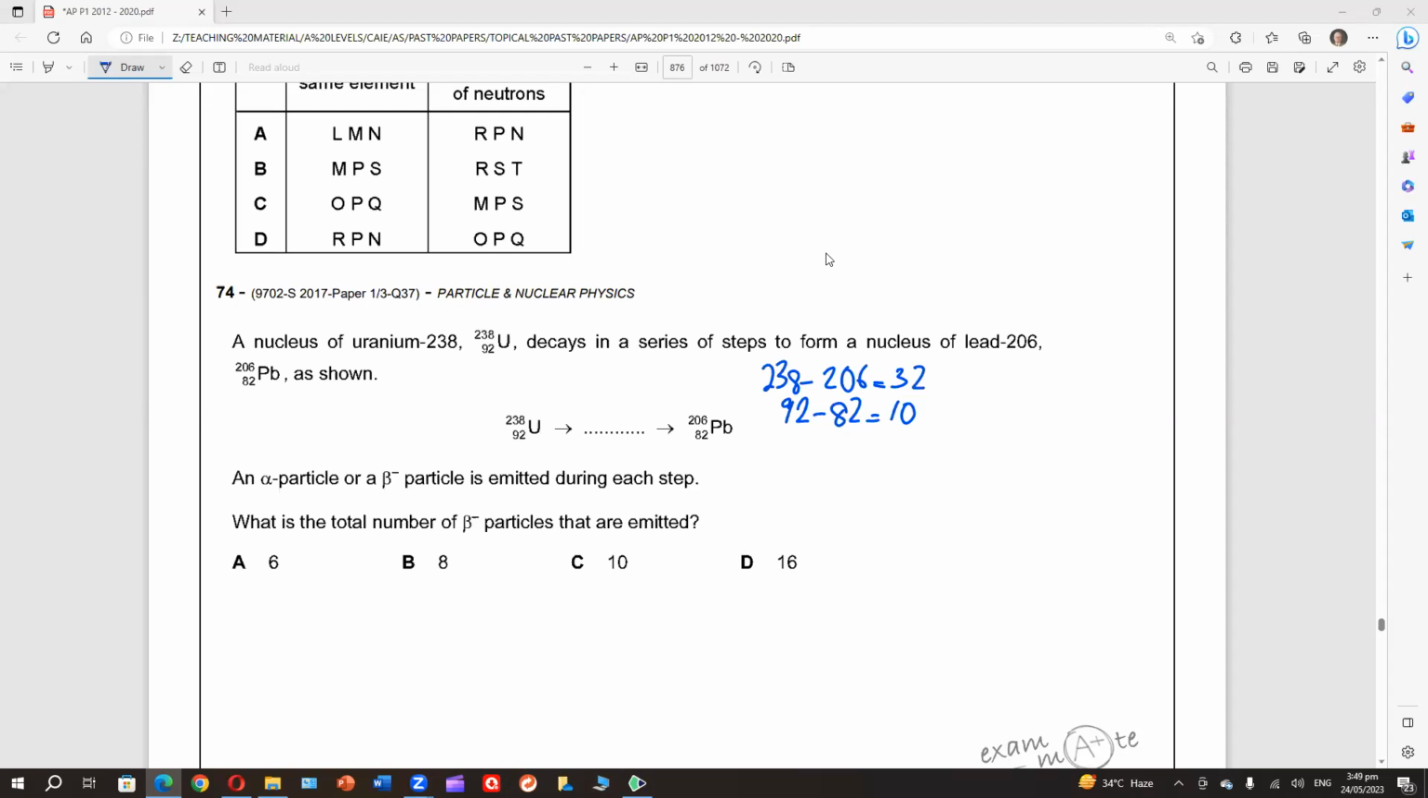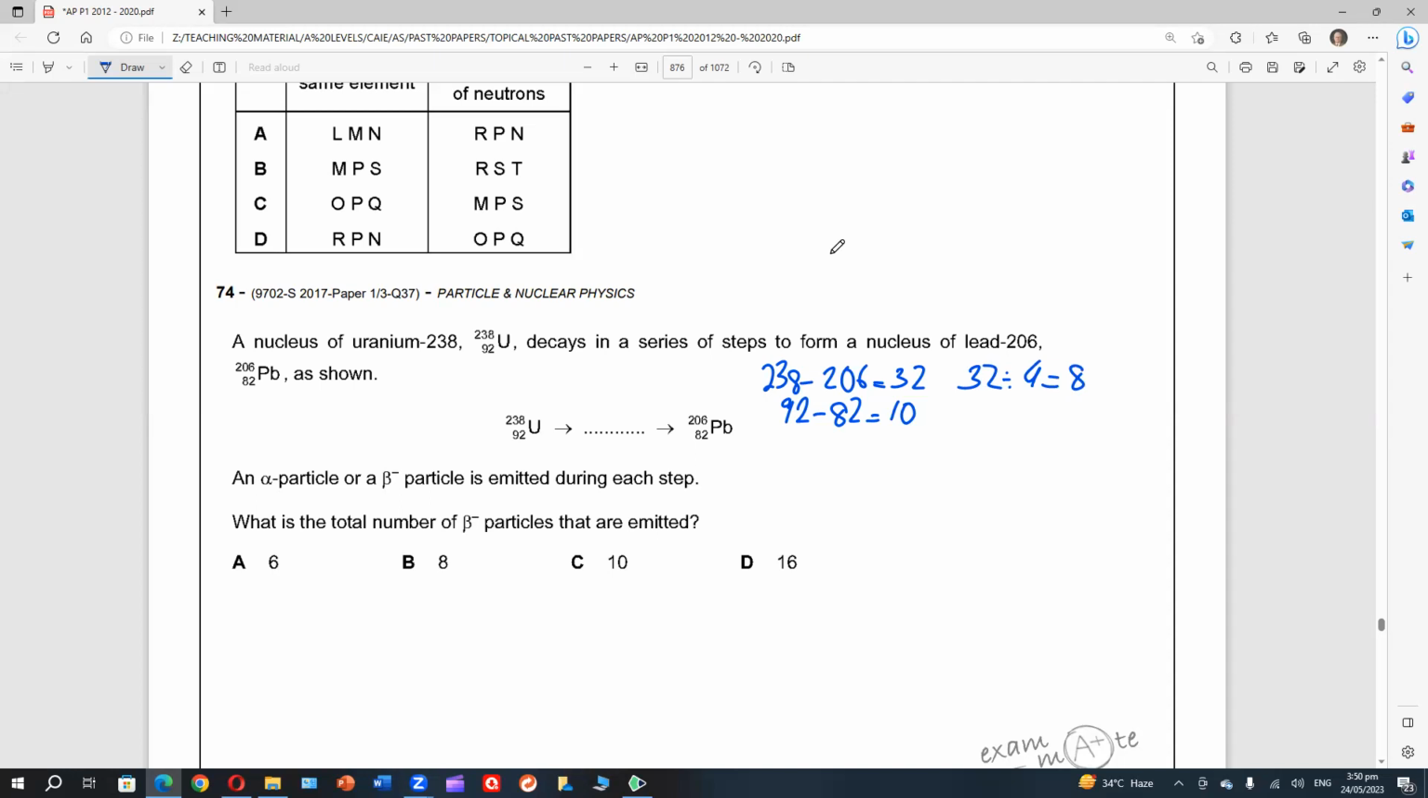76 to 82. Maximum 8 alpha particles can be there, but he's asking for beta particles. If there are 8 alpha at maximum,